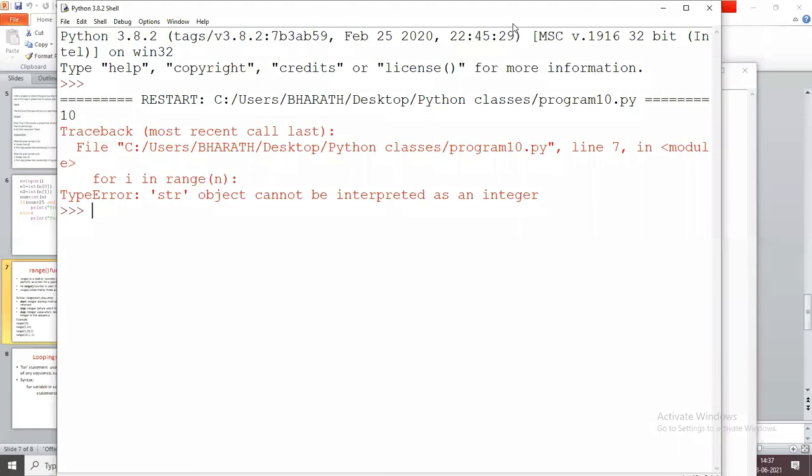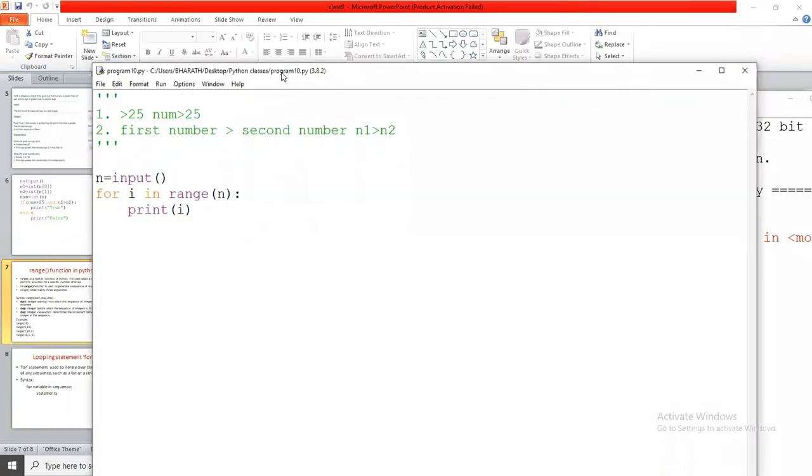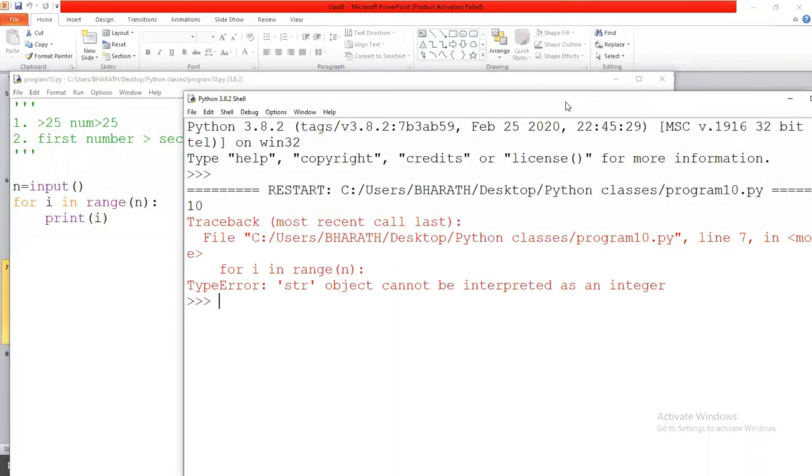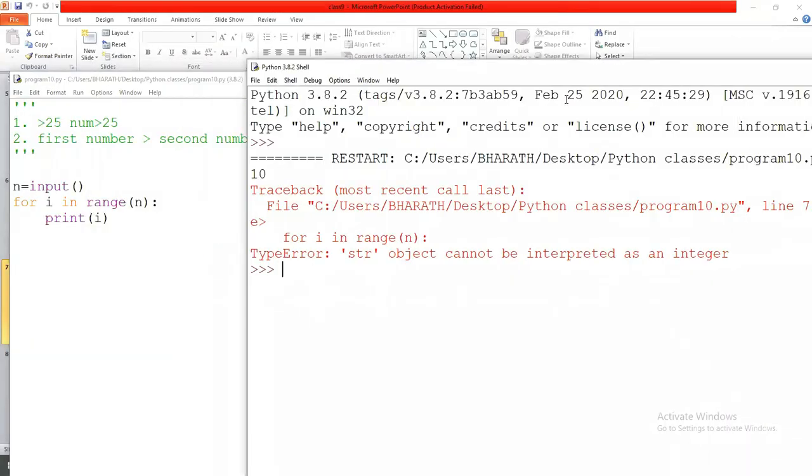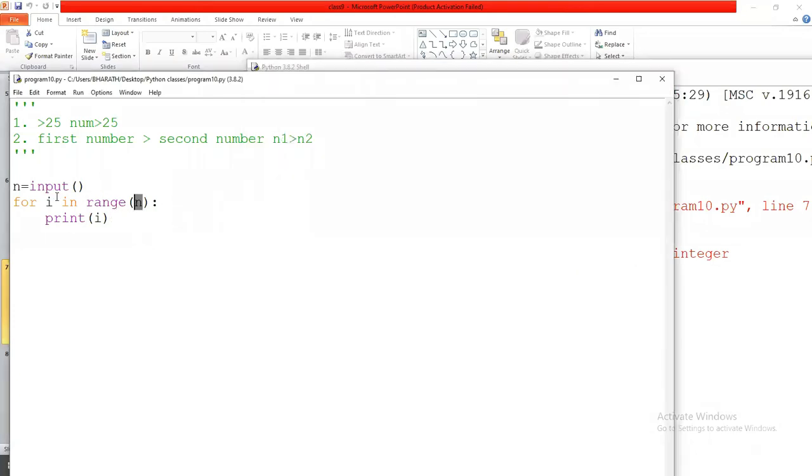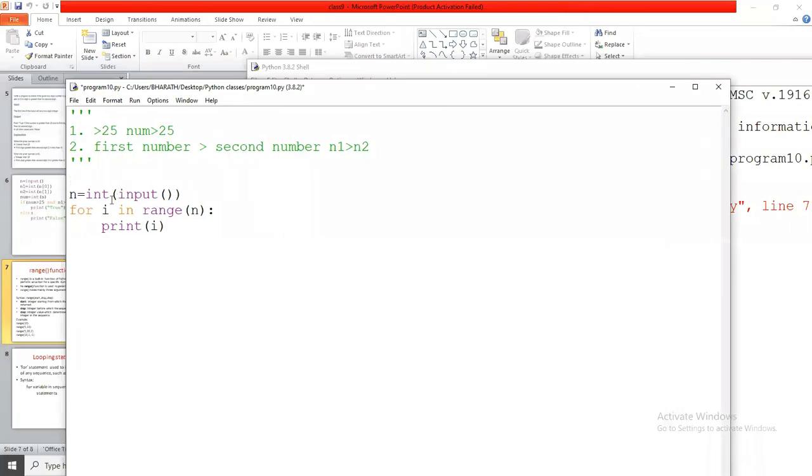Why? Anyone please give the response why it returns an error? I give 10 as input and it returns an error. That means whenever you use this range function, the arguments are integers only. Remember this point: the arguments are always integers in the range function.